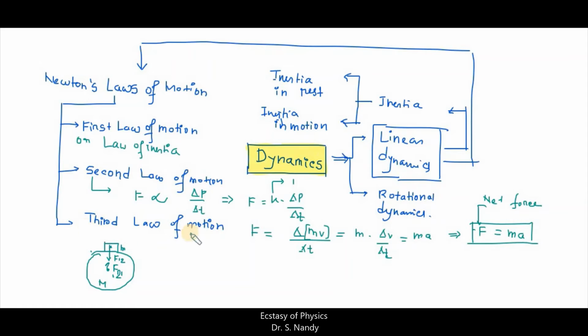According to Newton's third law of motion, these two forces represent the action and reaction pair. So F12 should be the same as F21. In magnitude these two forces are equal, but they are opposite in direction. And the most important thing is that Newton's third law acts on two different objects. It's not on the same object. So these two forces are exerted onto different objects.